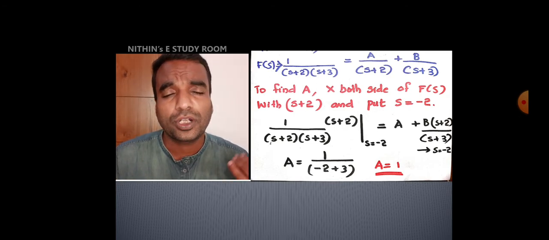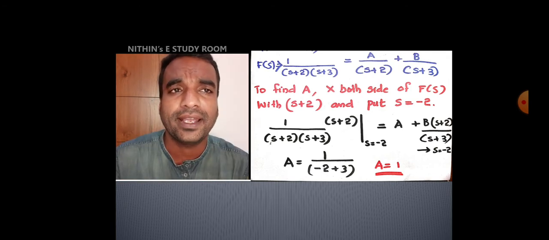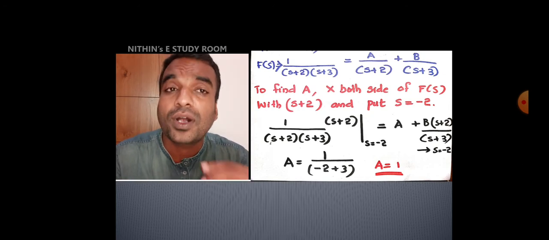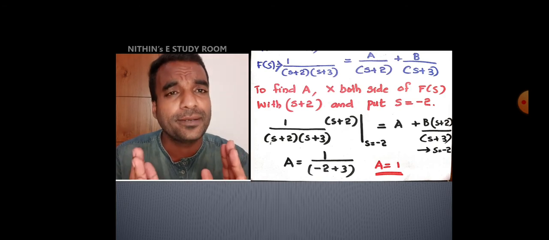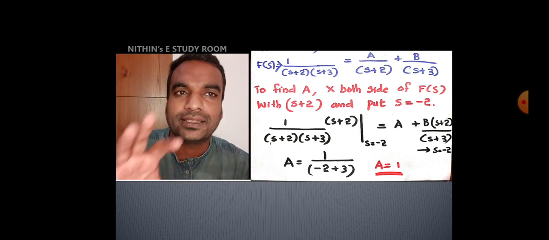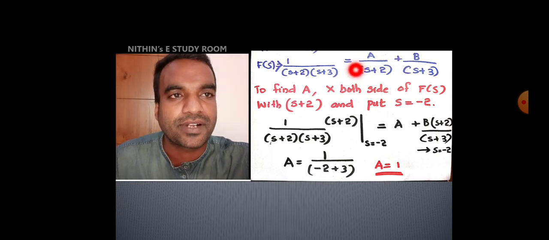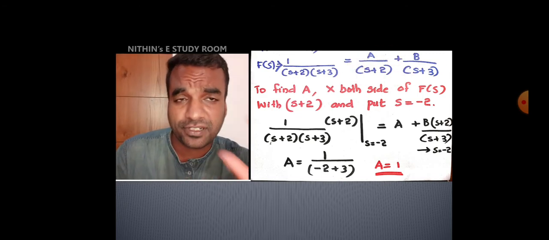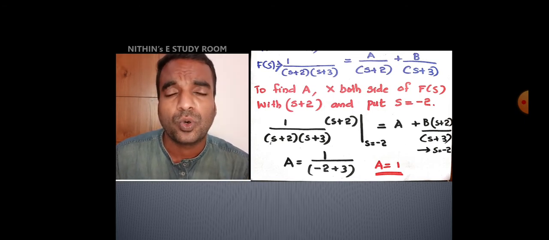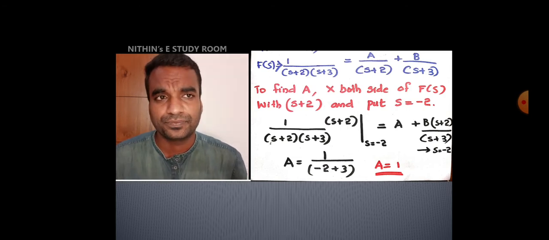Don't multiply and substitute on the partial fraction side, because if you want to find a, the only thing remaining on the right side will be a. If you want to find b, the one and only term remaining on the right side will be b. So you have to do the calculation only on the equation side. This is the basic equation side and this is the partial fraction side. On the partial fraction side, you will get either a, b or c, such things only. All the other terms will get cancelled by substituting that value, s equal to minus 2.